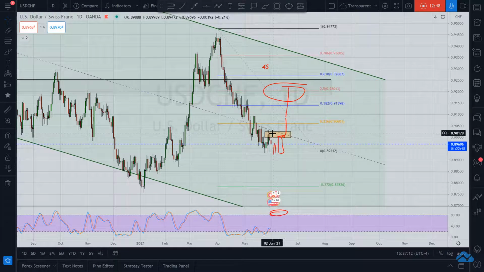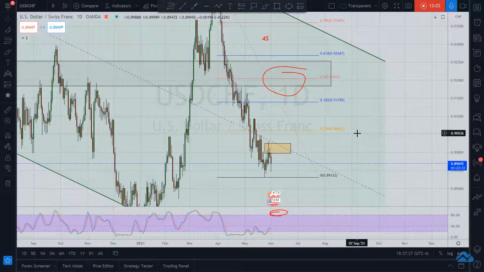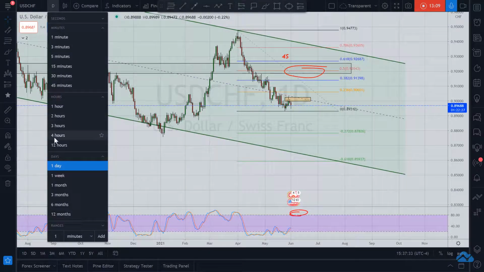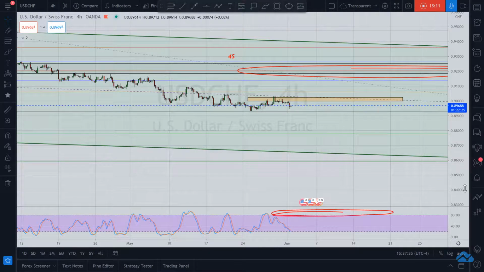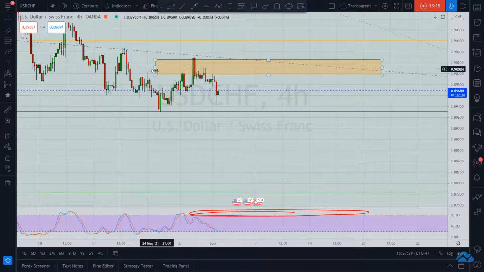And when it breaks above that neckline with a closed candle on the 4 hour, I'm looking on the daily right now. But we need to see that. We need to see a daily close, which is the best confirmation. But if we see it on the 4 hour, if we can see